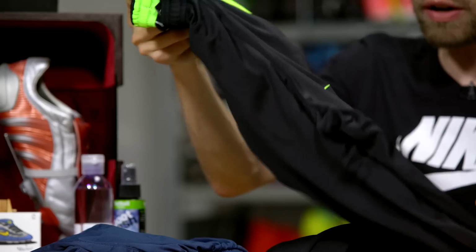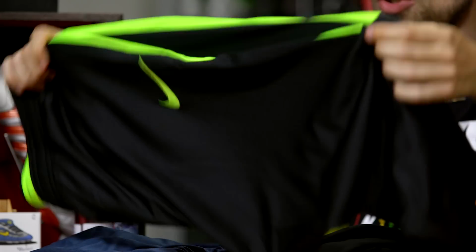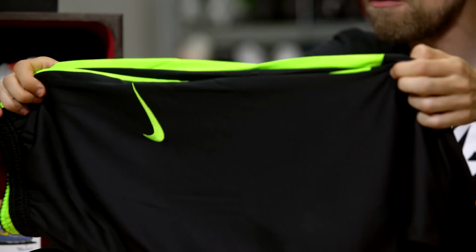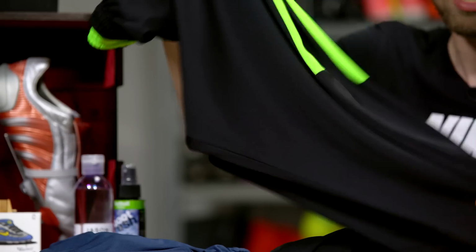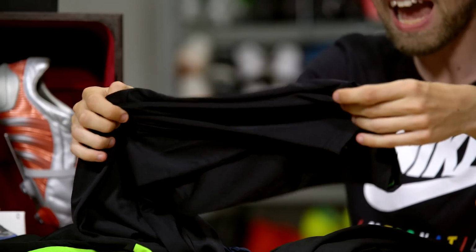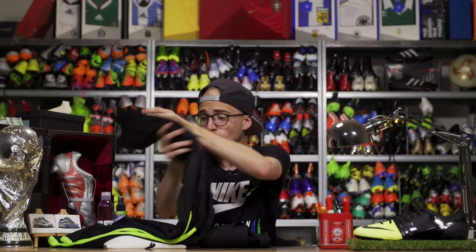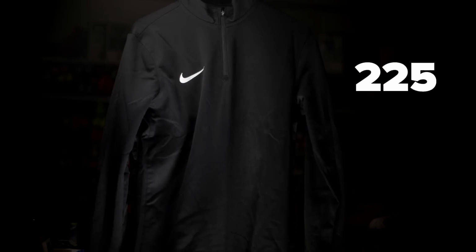And I did the same thing for the pants, where I got the Nike Academy trousers that give me generally a good fit, decent room around the crotch, so you can move and not be squeezed too much, and then also get a pretty snug fit around the calves so they don't feel like they're in the way. Plus, you get a zipper. All of that for 40 euros, so 80 euros spent on stuff for the cold training sessions and 186 euros